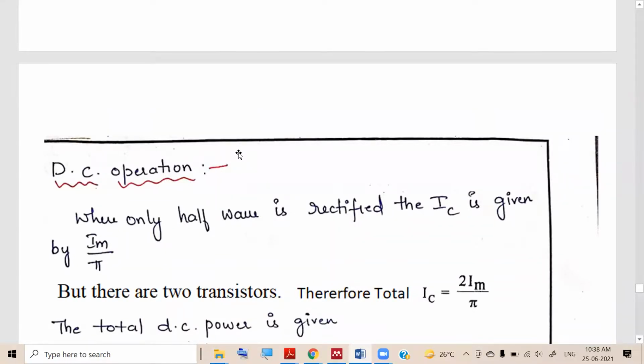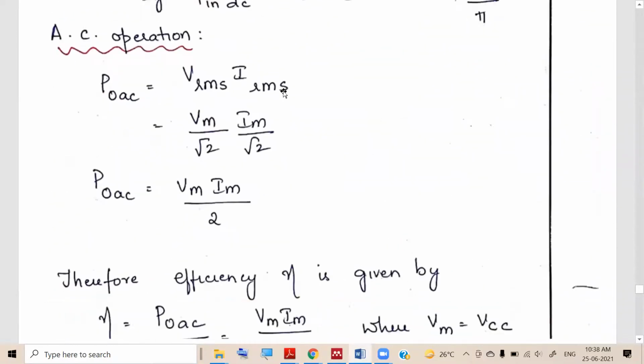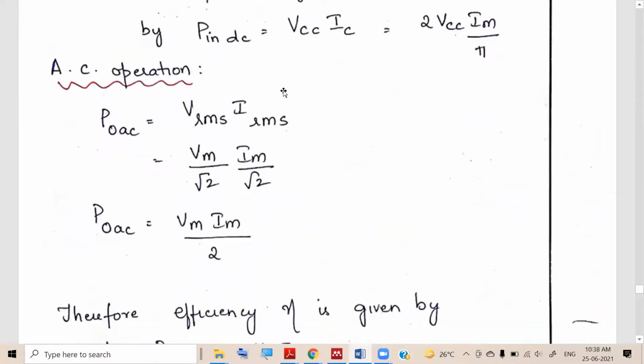Any doubts so far, students? See, what all this we discussed in the previous class, right? So to make it very easy for you, I have repeated again. Any doubts so far? Students, is it clear? Shall we go ahead with the derivation? Any doubts? Please answer. Yes, sir. Okay, thank you. So next we will see the mathematical part.